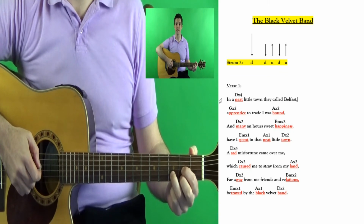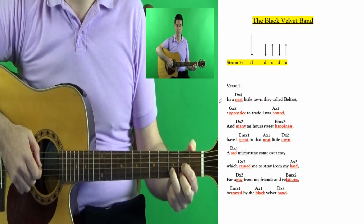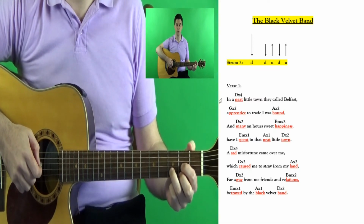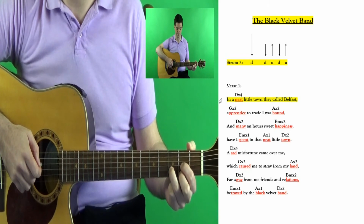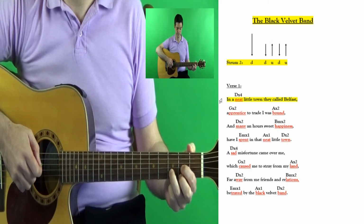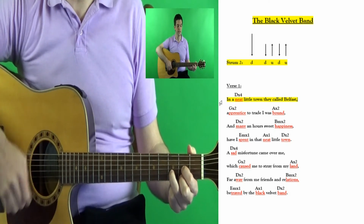Finally, we will sing the song one more time together at normal speed, and we will be starting after 4. 1, 2, 3, 4. In a neat little town